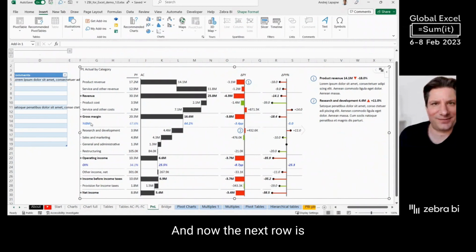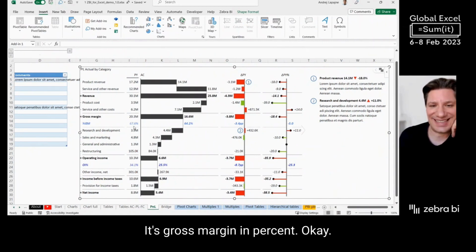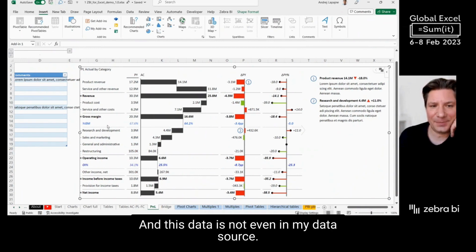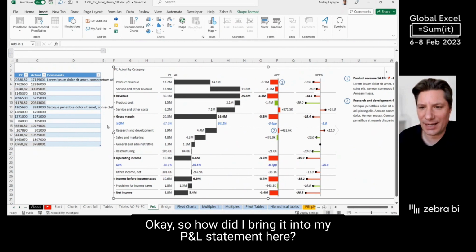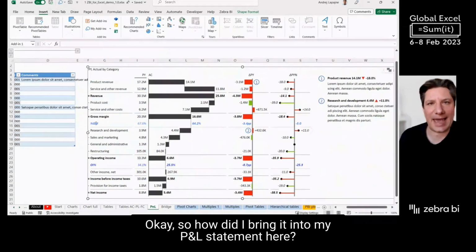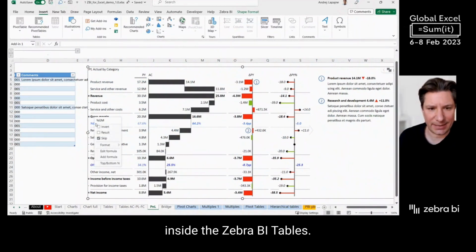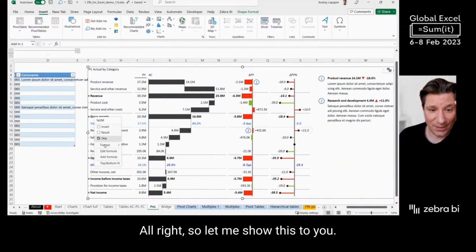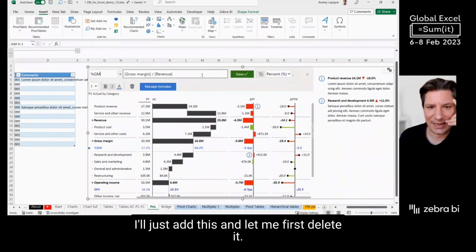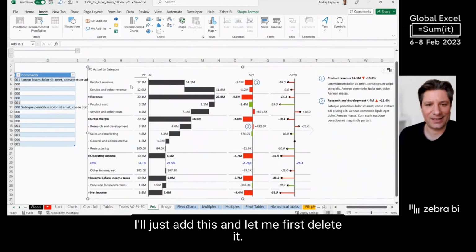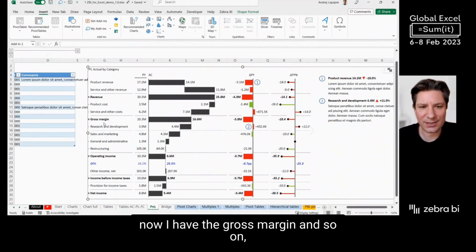Okay, and now the next row is very interesting because what is this? It's gross margin in percent, okay? And this data is not even in my data source, okay? So how did I bring it into my P&L statement here? Well, I have added it directly inside the Zebra BI tables. All right, so let me show this to you. I'll just add this and let me first delete it. Okay, so this was the situation when I started, and now I have the gross margin and so on,